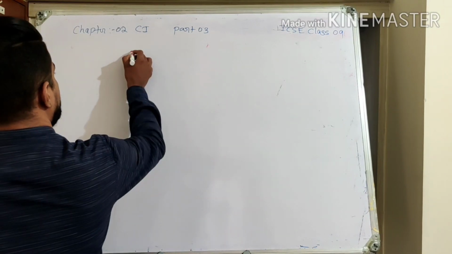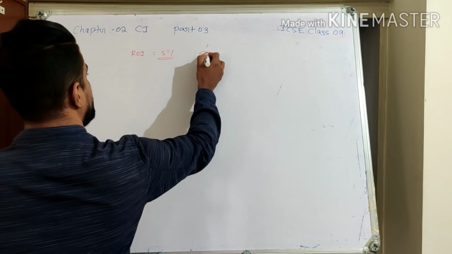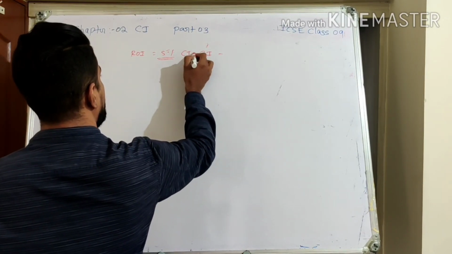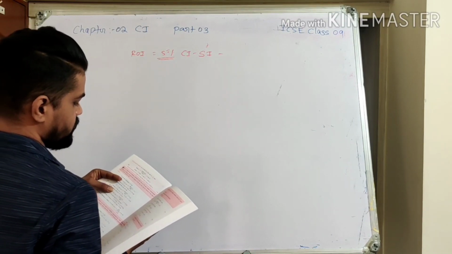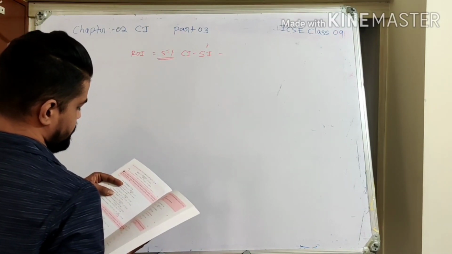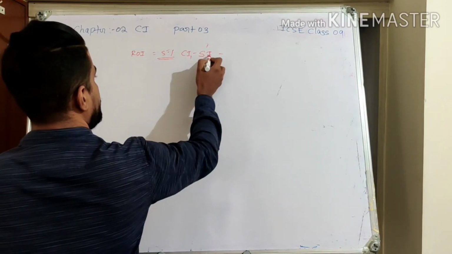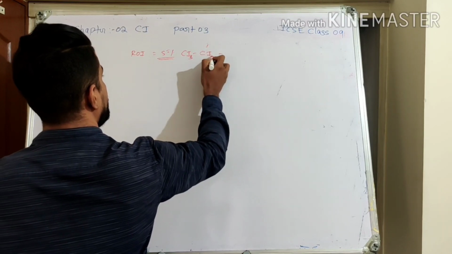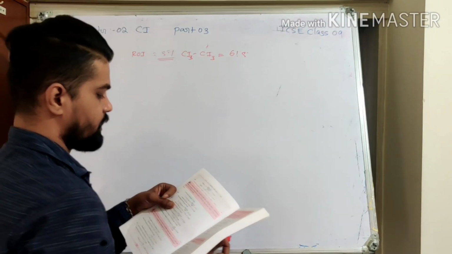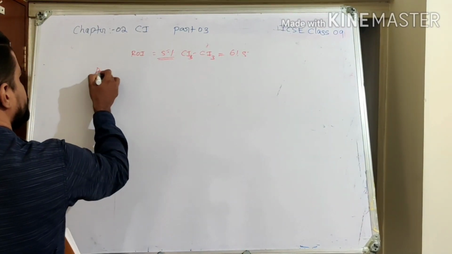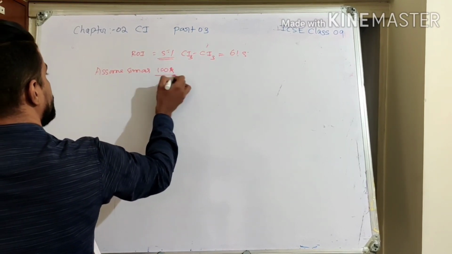Okay, so they are told 5% per annum. Rate of interest is 5% per annum and the difference between SI and CI. At the end of how many years? Difference between the interest for the first year and the interest of the third year. Okay. This is CI1 and CI3. That difference they are telling, that is 61.5. So we want to find out exactly what is the sum. So let us assume the sum as 100 rupees.